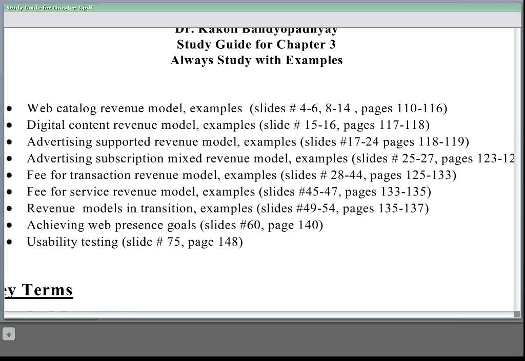Okay. Even though this is your assignment 3, you will find this topic in chapter